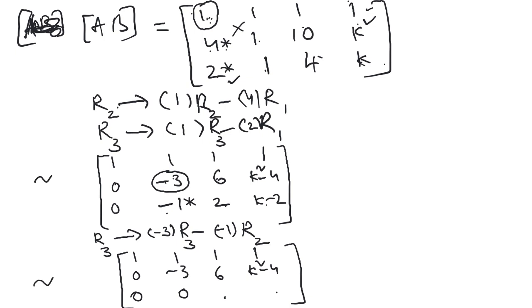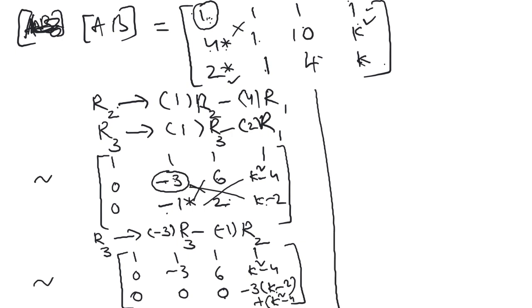Minus 3 into 2 is minus 6, minus 1 into 6, so minus of minus 6, plus 6. So what I am getting is minus 6 plus 6, that is going to be 0. Is it clear? AD minus BC, so what I'm getting is 0 here. Next, minus 3 into this, that means minus 3 into k minus 2, minus of minus 1 into k square minus 4. So what I'm getting, minus into minus, plus k square minus 4. Right? So after simplifying this, what I'm getting.